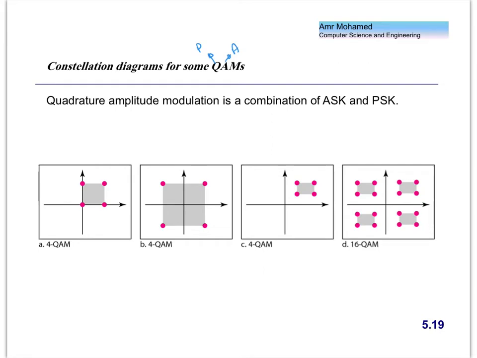So if we talk about 4QAM, then we talk about four different symbols. We can arrange the four symbols like this, or we can arrange them like this. Okay, so which one is better and why? Is A better or is B better, and why? Go ahead, Mohamed. Mohamed Ali: B. Why?